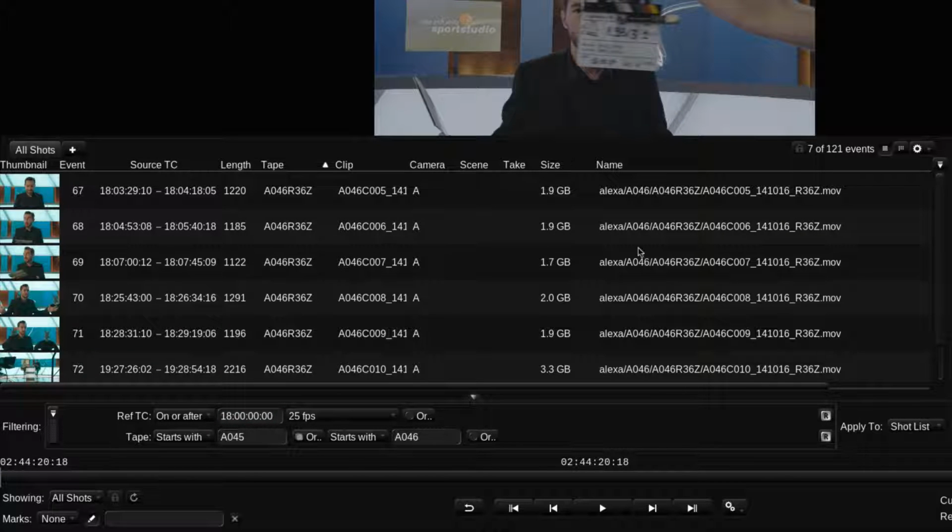Now we are looking at the 7 shots which were recorded after 6 PM on reels A45 and A46. There are many reasons for creating a filtered list of shots like this. For example, there may have been a change to the lighting rig at some point, which the director wants to check from all the different camera angles on each take.